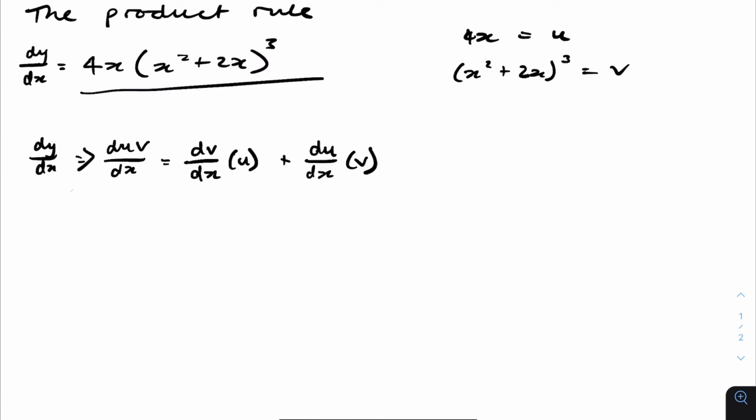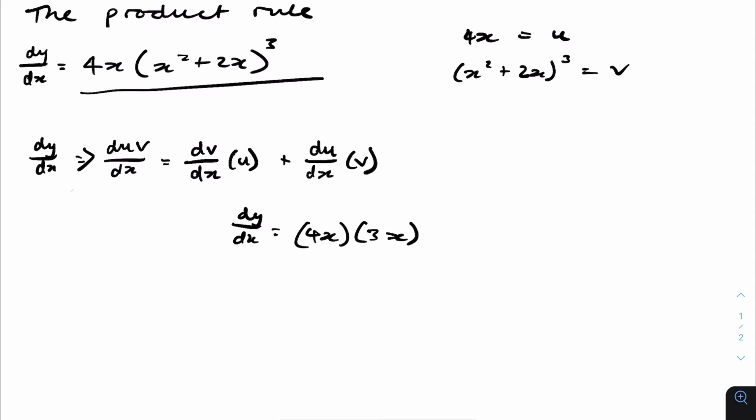So essentially that means what we'll be doing is differentiating one part of the function and then leaving the other one untouched and multiplying them together, and then adding it with the other part being differentiated and the other part being left untouched. So for example, in our old one where we had 4x times 3x, where we did not simplify it further and we used product rule to differentiate,